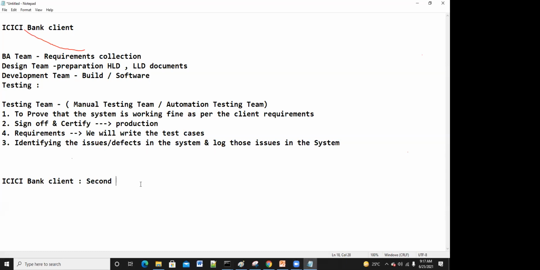Okay, so in the system there is one requirement: adding a secondary address, and that feature is not there in the system. The client is asking, I want a secondary address also, so that I can send the details to the secondary address also. So that is the requirement that came. Which means some new enhancements were requested by the client. New enhancements means new changes.